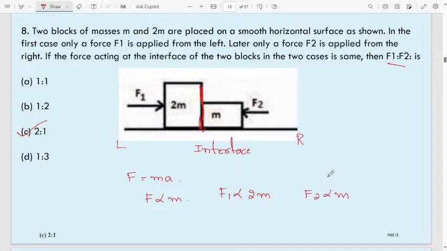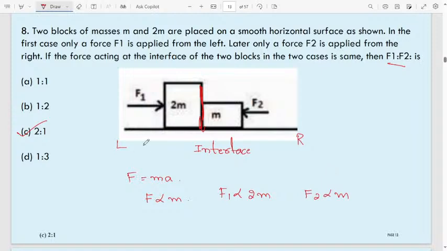Very easy question, but don't get confused in the exam because these are application-level questions. If you know all the theory, Newton's first law, second law, third law, and the formulas, how they are related, whether directly or inversely, and how they depend upon one another, then only you can answer a question like this. That's why today I am uploading the theory part of the class on motion. Better to go through that class first, then answer these MCQ questions.